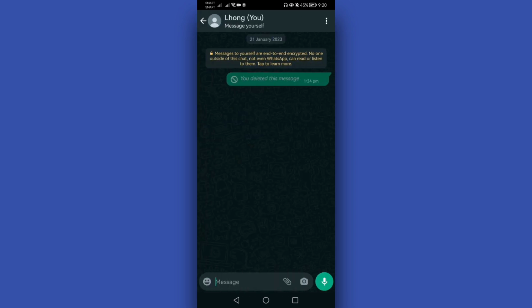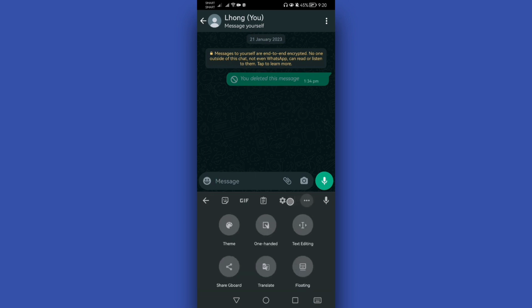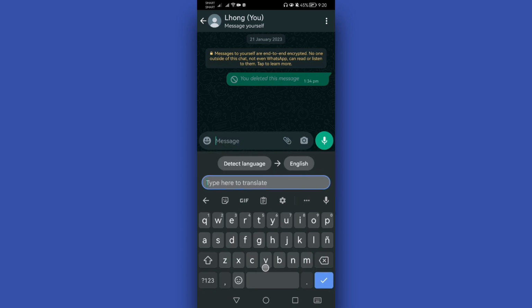And here in the message, just tap this message part and you will see here the three small dots here. Just simply click or tap that and you will see here in this option that translate. Just click this translate and you will see here in your screen the detect language and to what language it